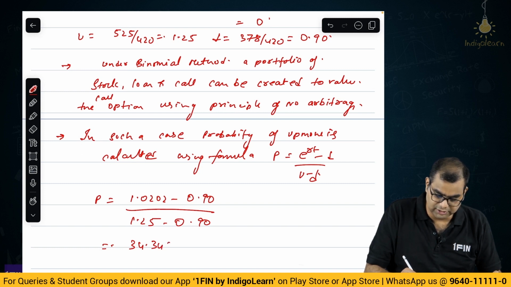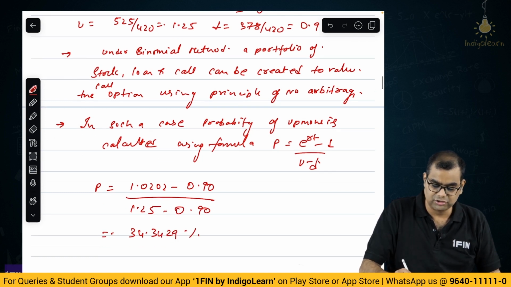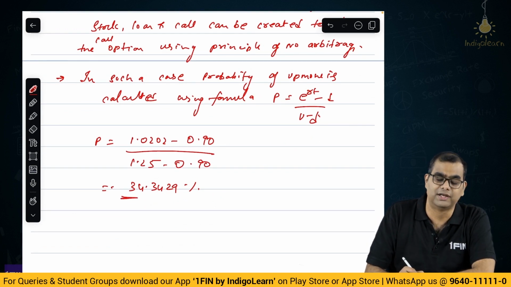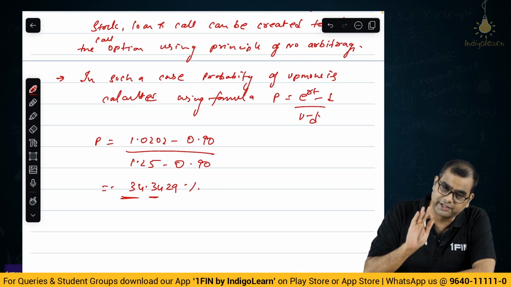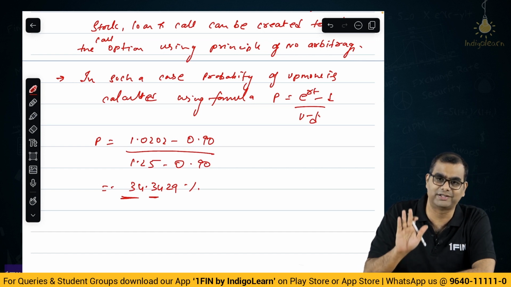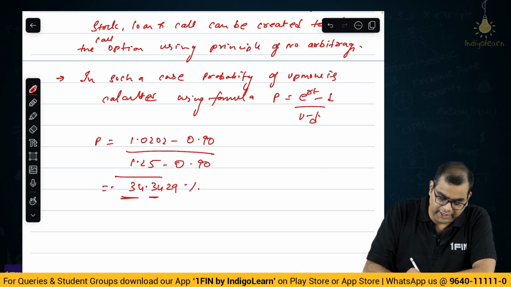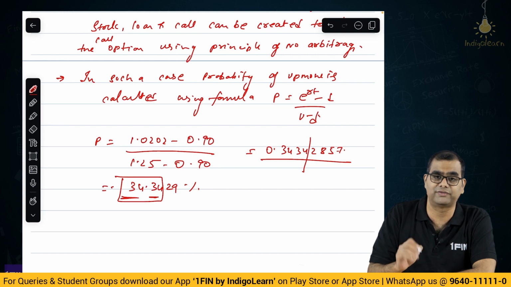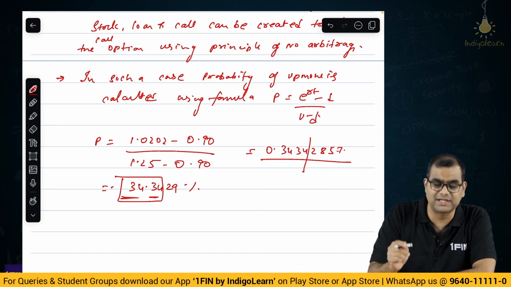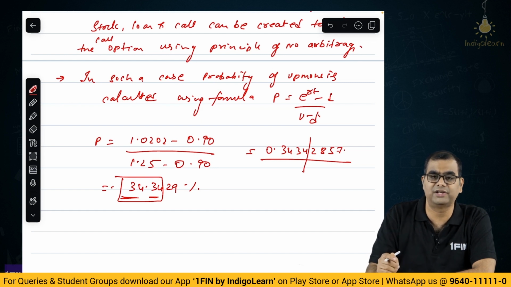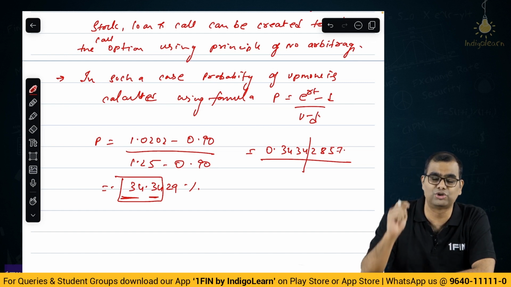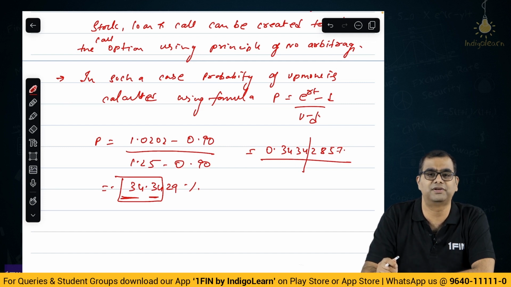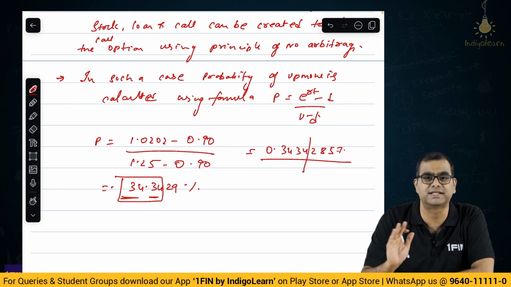34.3428 or 34.29 percent. Some students have rounded it off at 34, some at 34.34. I think 34.34 is fine. I have purposely written 34.3429. If you write these four numbers, because the answer that you get is 0.3434285, you can take 4 decimals and round off. If the institute has not given marks, obviously we have to question the institute. We have to apply for revaluation. Of course, ICAI doesn't have revaluation, but as a principle, ICAI should come up with revaluation, because I think that is very much required under these kinds of circumstances.